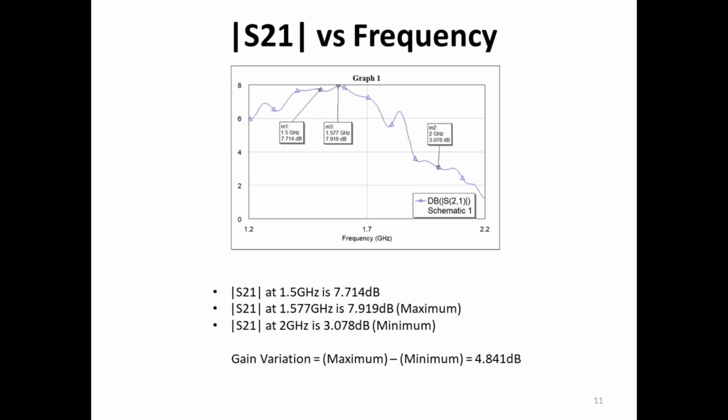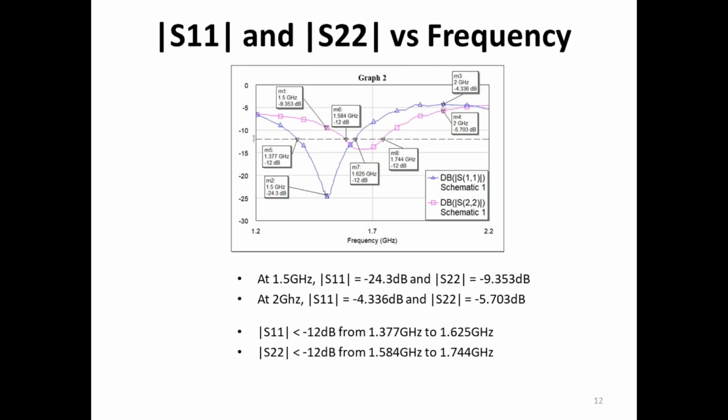The nominal gain and gain variation do not entirely satisfy the corresponding specification mentioned in the objective section. The plot of the magnitude of S11 and S22 with respect to frequency does not entirely satisfy the corresponding specification mentioned in the objective section. I think the reason for such a difference between the simulation and implementation results might be that I was not able to solder the surface mount components to their exact positions, since these are small components and can be held only by tweezers.